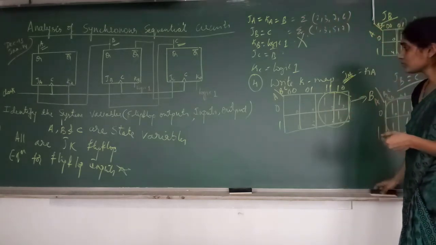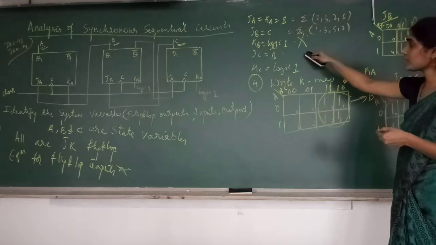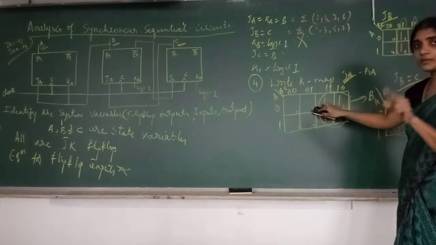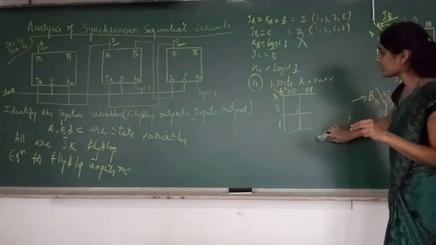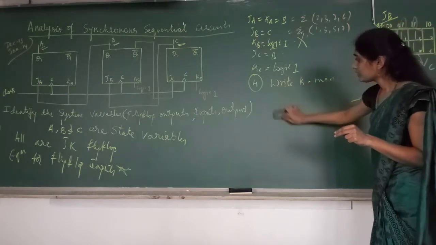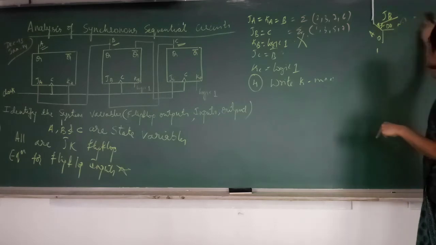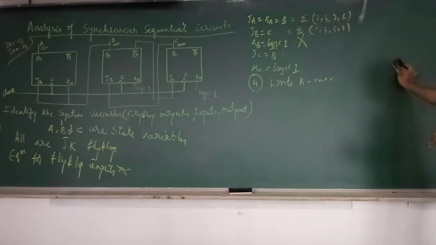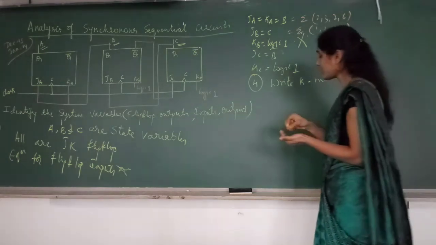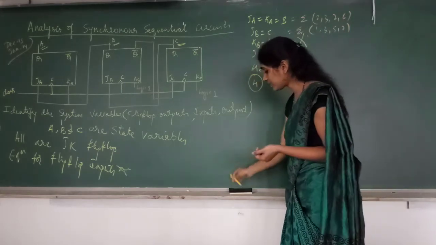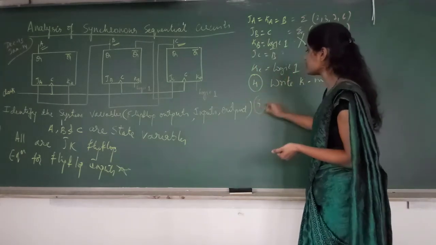So this we will compare afterwards. Okay. So now one method is this. By looking at the equations, you can write the K map. The other method I tell you. So what you do is write the K map, this step you leave some space, half page space. Let me go for the next step. So the K map I will come to at the end. Okay. I will write the K map at the end. So what is the next step? After you write the K map,